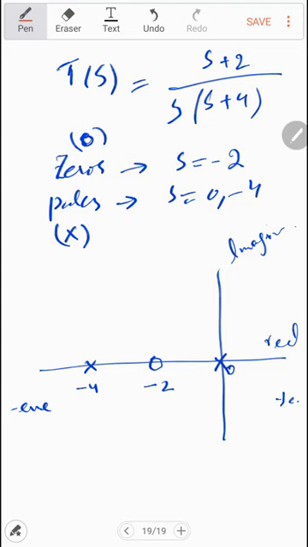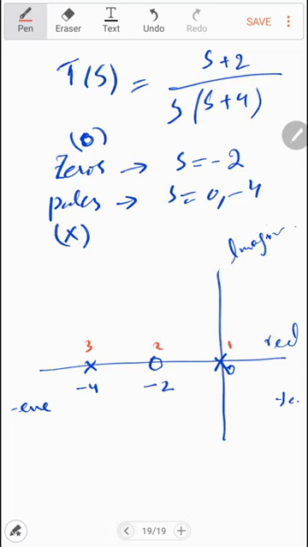Now which pole and which zero? We have to count the poles from the positive toward the negative side. If we count, this is equal to 1, this is equal to 2, this is equal to 3. So this makes it clear which pole or zero is even and odd.